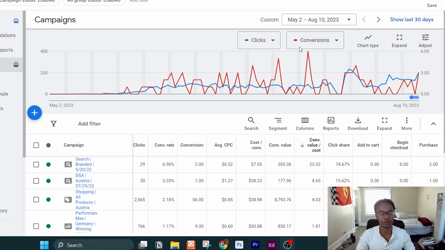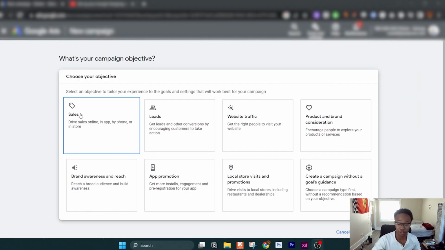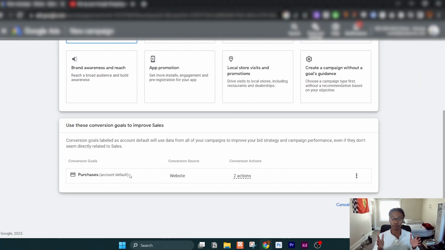So now I bet you're wondering exactly how I did this and how to set up a Google Shopping campaign. So let me show you. So of course, what you're going to do is go to your Google Ads Manager, assuming that you have one already. You're going to click this plus button right here. Click New Campaign. Then you're going to want to select Sales. Then, of course, after that, you're going to want to make sure that you only have, for example, purchases selected